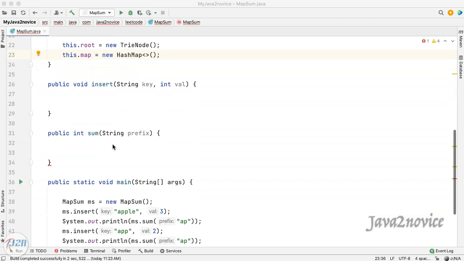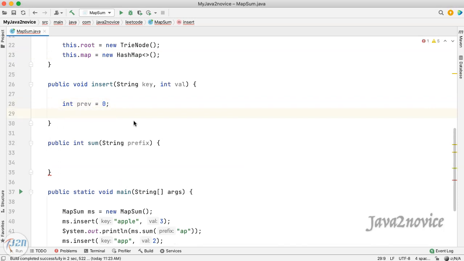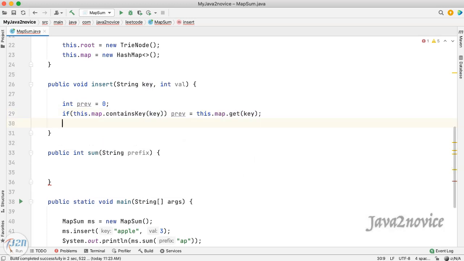First we will declare a variable to hold the key's original value. Now let's check whether the key already exists in the map or not. If it exists, then assign the value to the previous variable. Now let's insert the key value pair into the hash map.